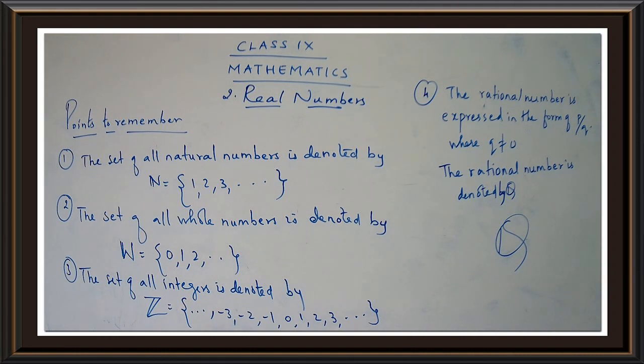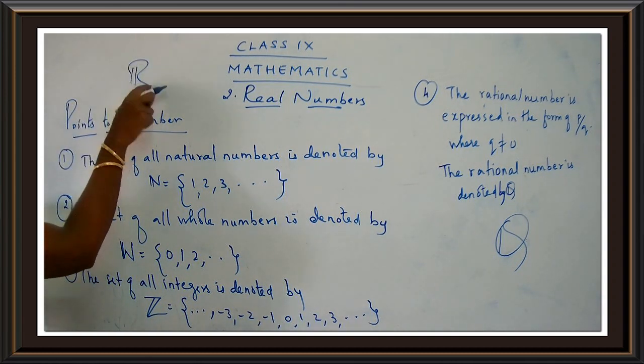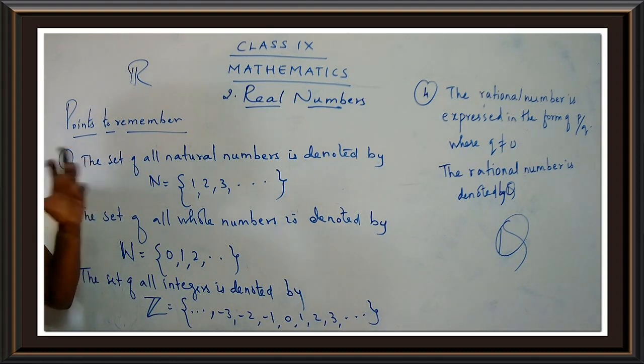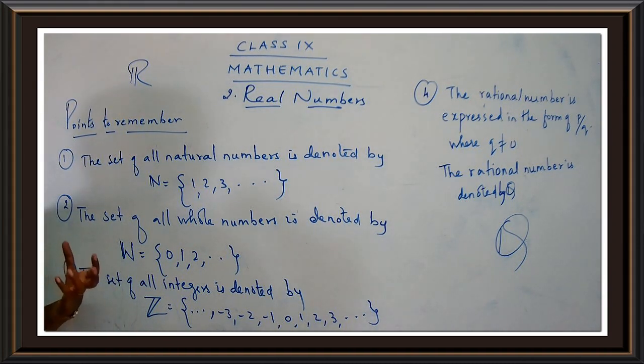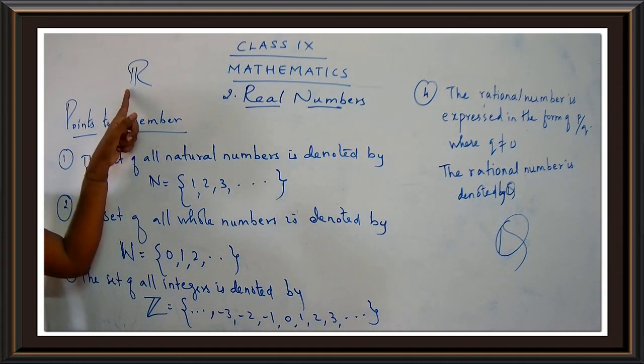Okay. Now here, these are the different numbers you people have to know about. We have some more numbers which we will be dealing with in the next class. Okay, children? Now you may have a confusion. The lesson name is real numbers and ma'am is not giving us anything about real numbers. Yes, children? You have that confusion. Now real numbers are denoted by the symbol R. Okay, children? This is R. R is the set of real numbers. Like we say X belonging to N, X belonging to Z, X belonging to W and so on, similarly X belonging to R.